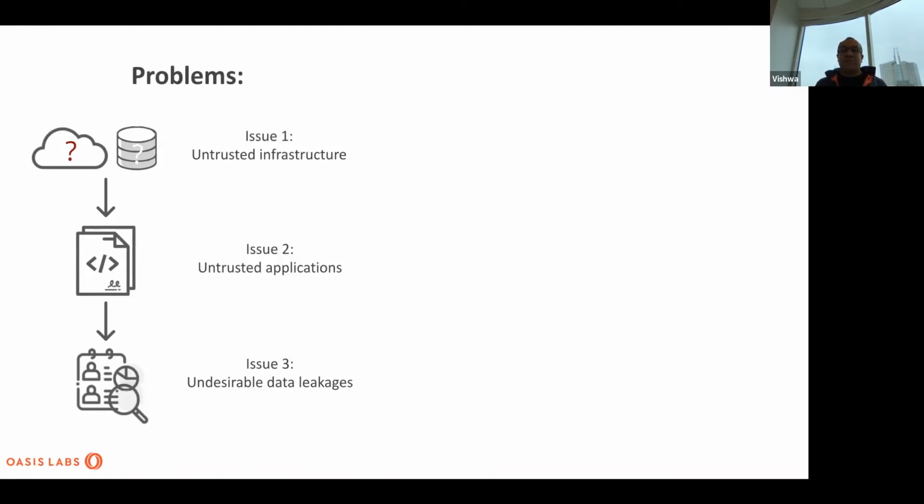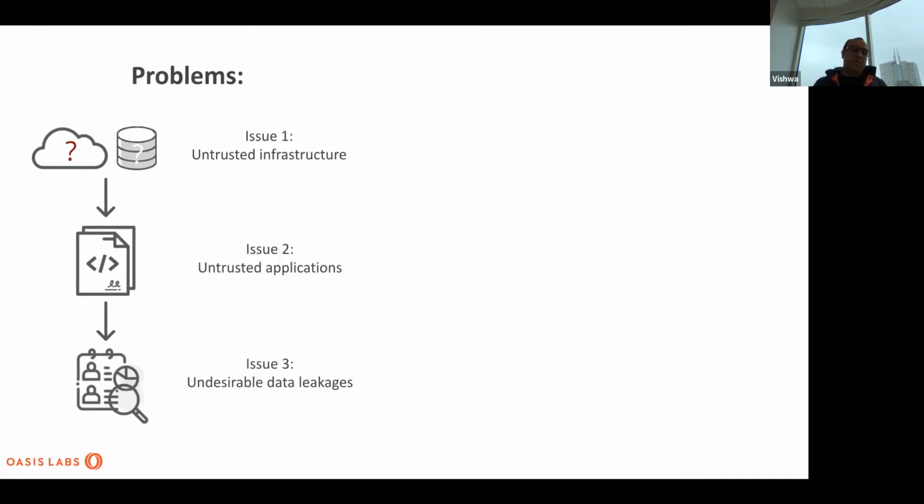You could have untrusted applications, which is the application that you expect to be running as a service in the cloud may not necessarily be the one that is actually running. There could be malicious code that gets injected. There could be changes that happen in the result of computation before they actually get committed. So that also could be one way by which you can lose integrity. And then there could be vulnerabilities, of course, in applications which can be exploited by malicious actors.